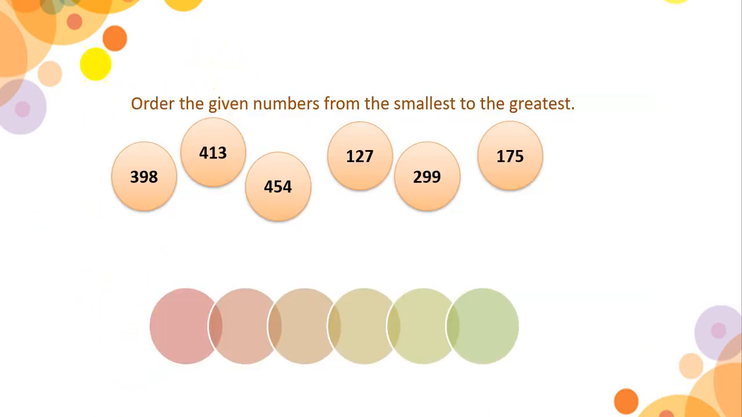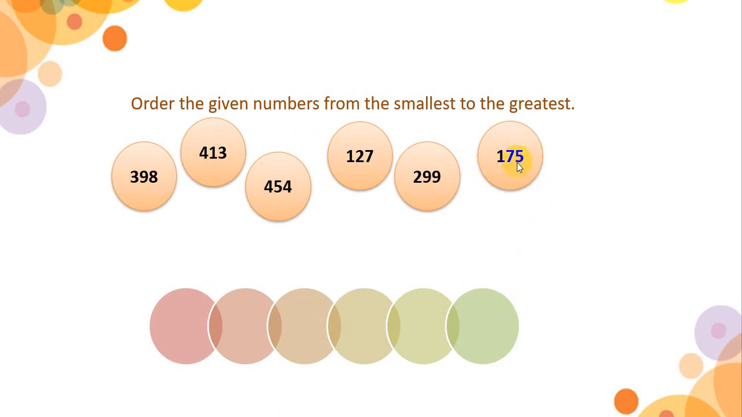Now, this is our last activity, but it is the most challenging one. We have some given numbers and we are going to arrange them from the smallest to the greatest. So now we are going to compare all these numbers. 398, 413, 454, 127, 299,